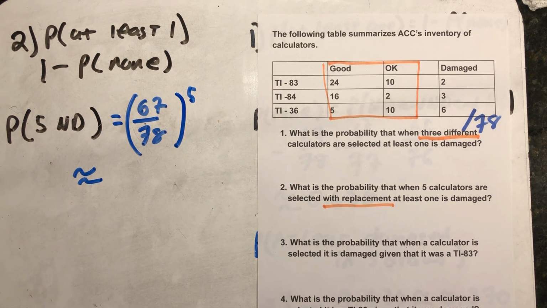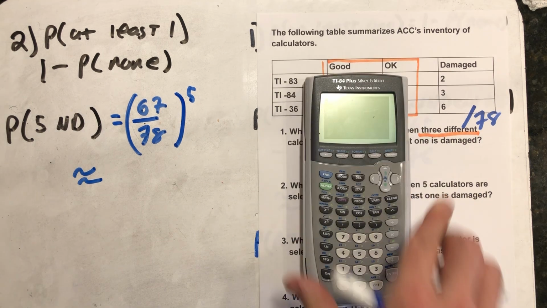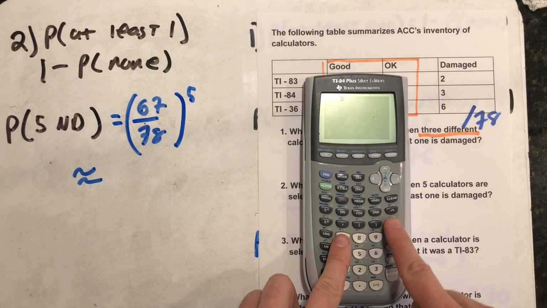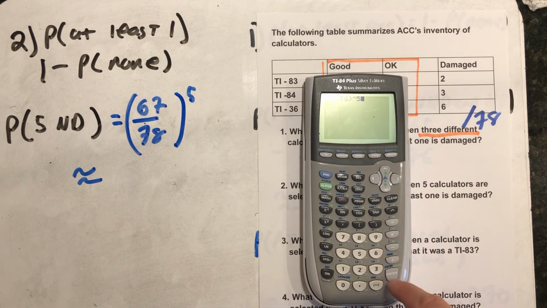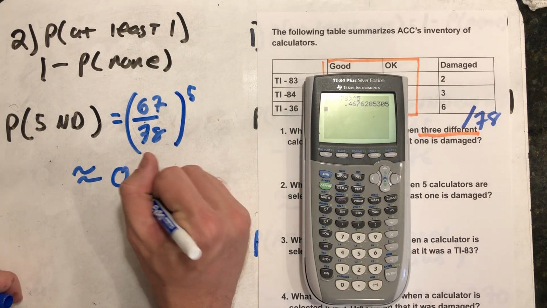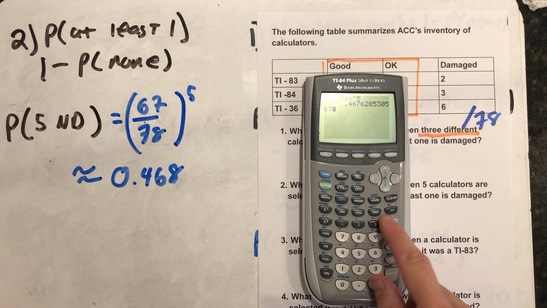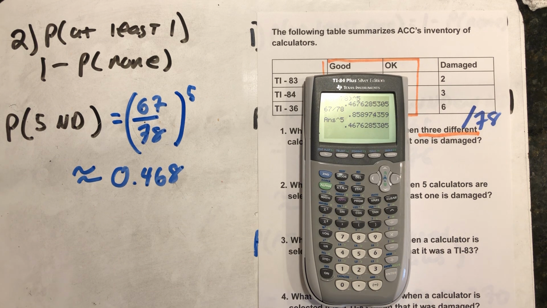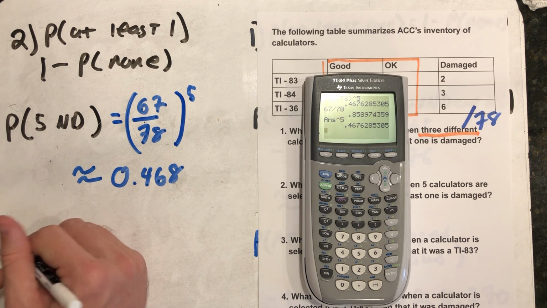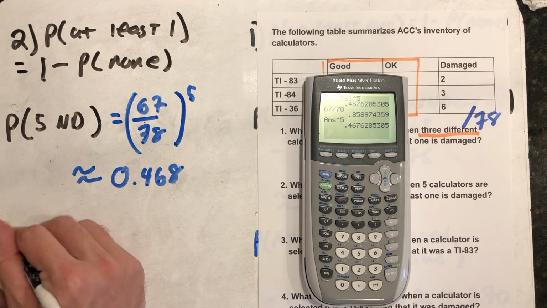All right, so let's find that probability. 67 out of 78 to the 5th, making sure to use those parentheses if you want to do this in one step. If we want to do it in 2 steps, I'd go 67 out of 78 to the 5th. Get that same probability. All right, but now I need to remember that's not what I was actually searching for. This probability of at least 1